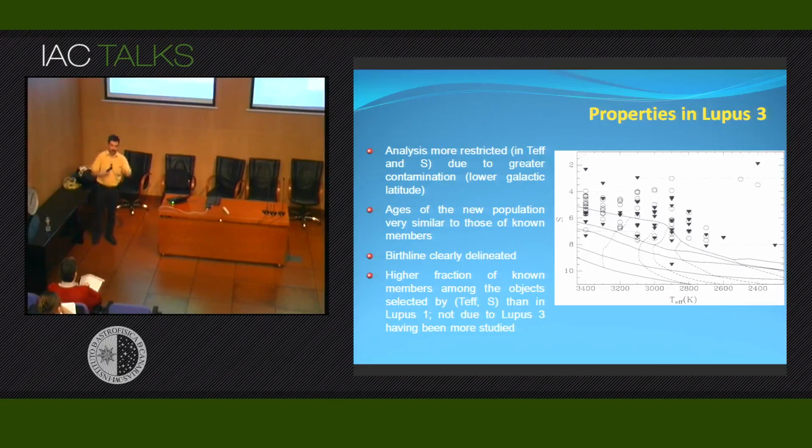So several interesting things to notice here in this more populated diagram than for Lupus 1. First is that our new objects are mixed, in terms of location in the temperature-luminosity diagram, with the already known objects. In other words, if we compare the position with respect to the isochrones of these two populations, known versus unknown, there is no significant difference between them. So our new members, or new candidate members, span the same range of ages as the already known objects. Second thing that is interesting to note is that we have